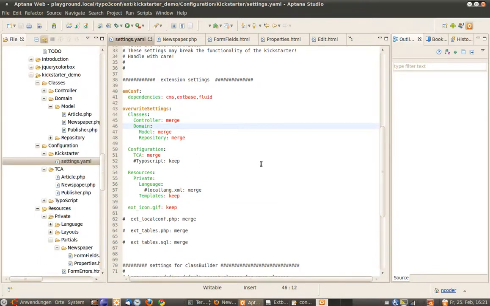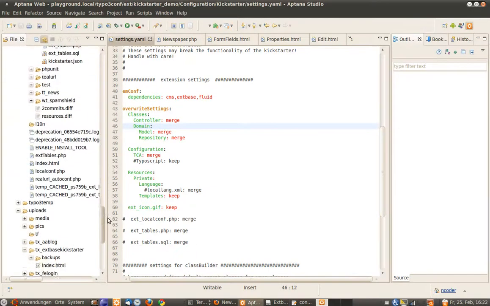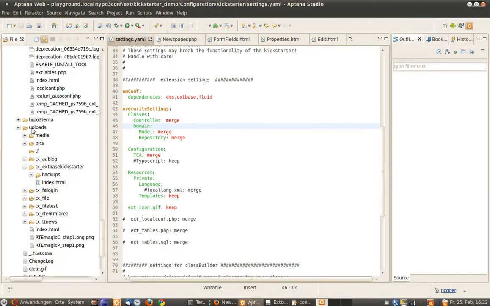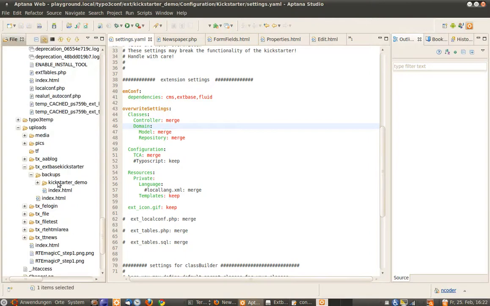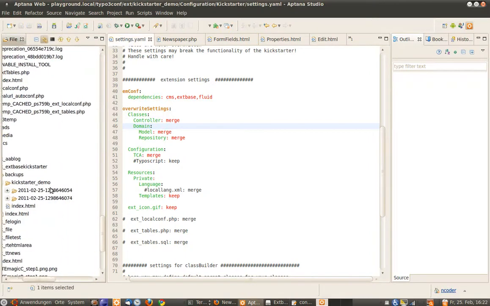So these are the basic principles of the Roundtrip mechanism. And don't forget, if something goes wrong, you will find a backup in the uploads folder under Extbase Kickstarter, backups, and your extension name. There is a version each time you save, a new backup is generated. So I hope you will enjoy the new Roundtrip feature and have